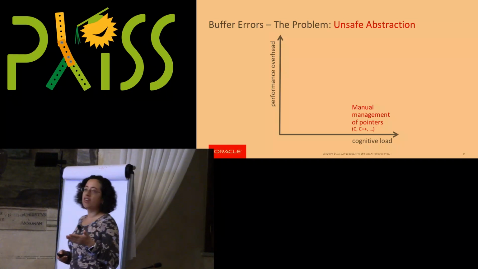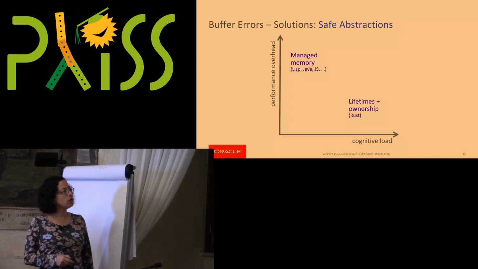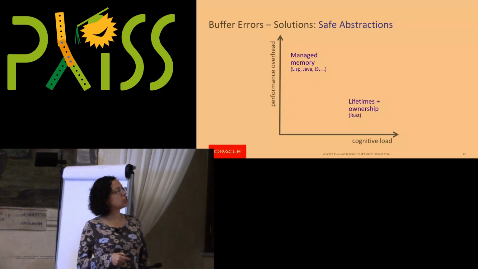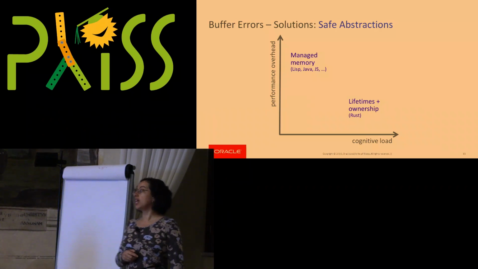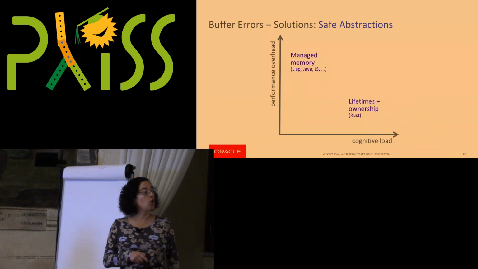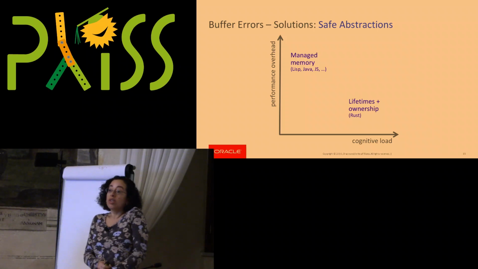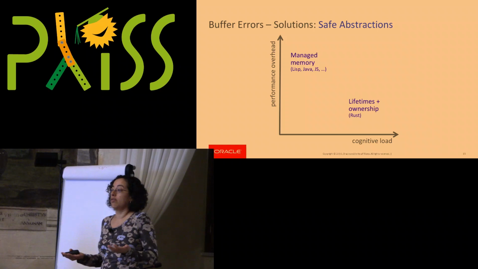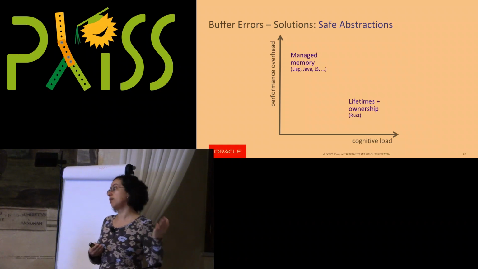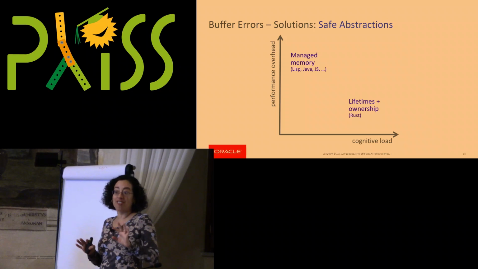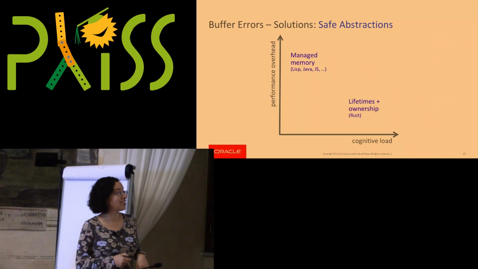And in terms of safe abstractions, I'll give you two different examples, and we'll talk about these ones. You have managed memory, right? Which is an example of a low cognitive load type of abstraction. You as a developer don't need to worry about how to manage memory. The runtime system is doing it for you. That's the perfect example of a low cognitive load abstraction. You don't even have to think about it in most cases, right?